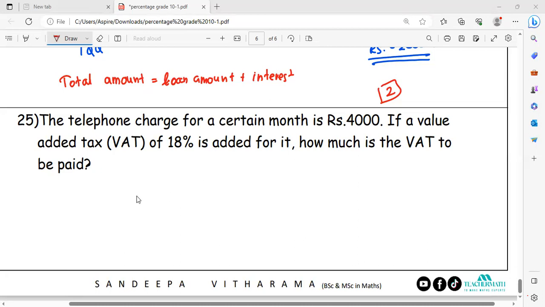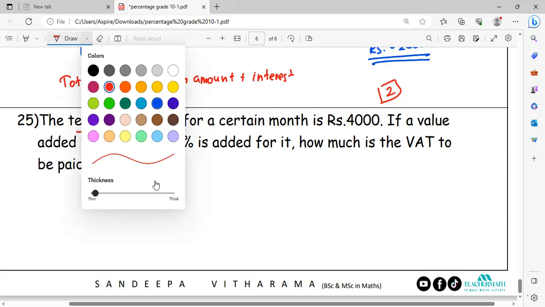VAT also equals a percentage of the value or worth of the item or the value of the service. Here it is a telephone bill, so the value of the telephone bill. If the value of the telephone bill is 100 rupees, then the amount that should be paid as the VAT is